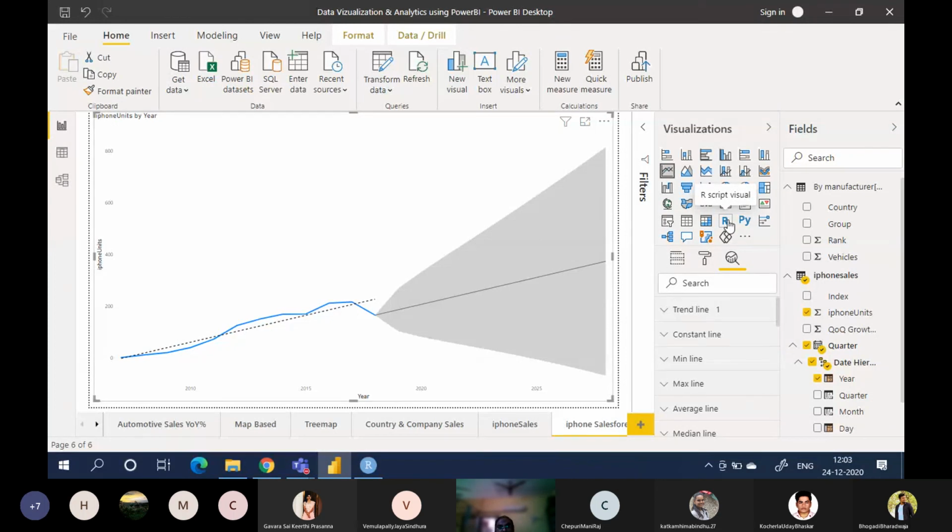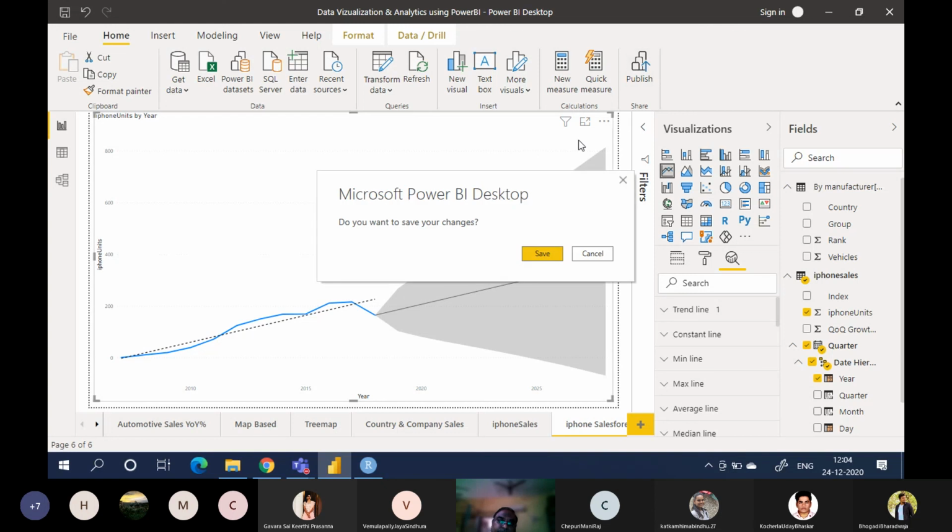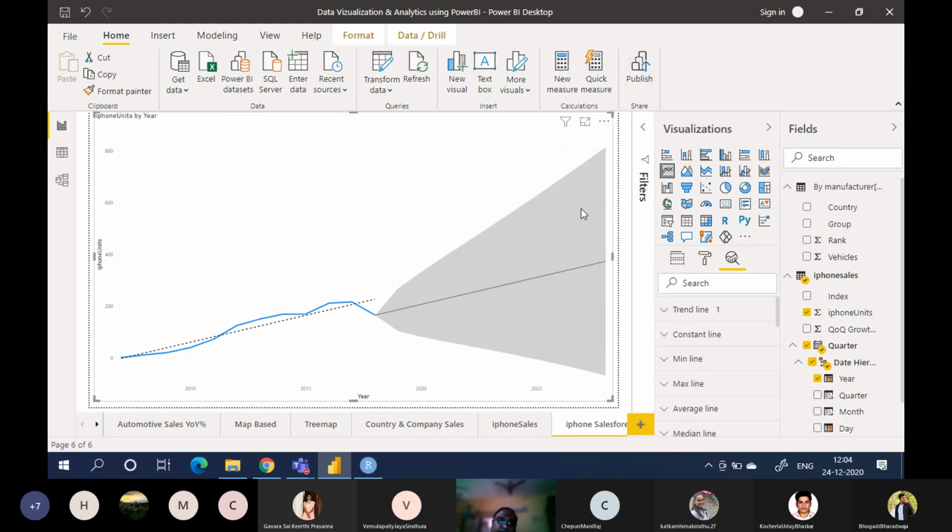I'll check out what changes they have made. So it's by experimenting you will learn. So please don't stop learning. Whenever you have time, learn. Learn DAX programming a little bit. There are a lot of videos by Microsoft. This is very interesting and very high in demand compared to Tableau.